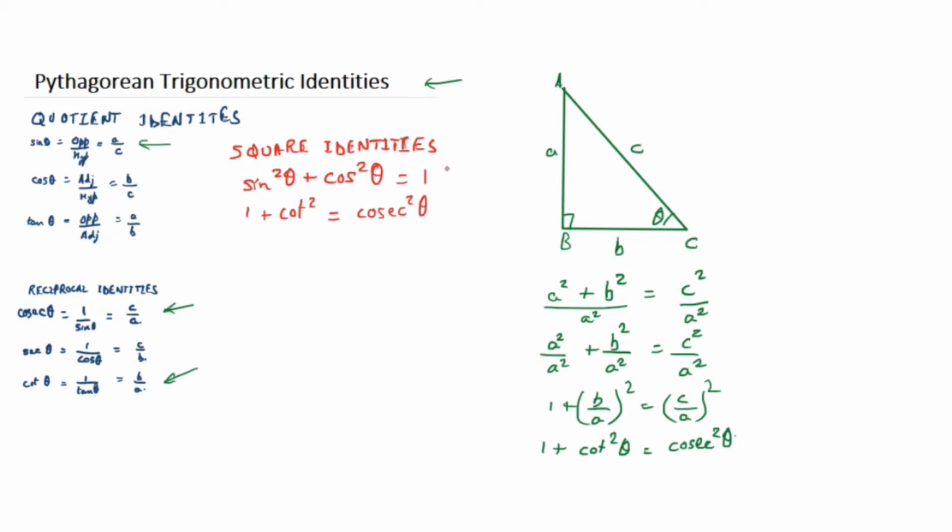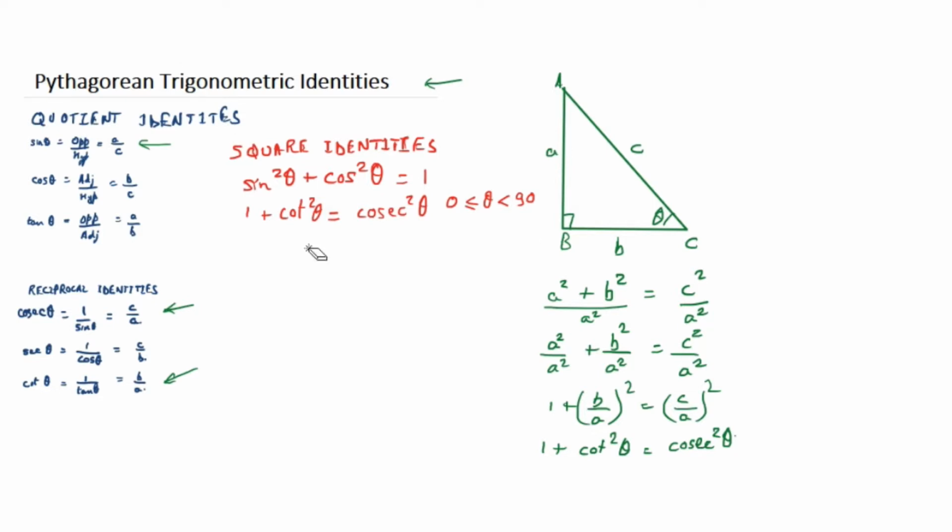cosecant square theta. If we remember the video about the trigonometric ratios that we calculated, we saw that cot theta and cosecant theta are not defined for 90-degree angles. That means that if the angle theta is 90 degrees, both cosecant theta and cot theta are going to be undefined. So that's why instead of taking all angles up to 90 degrees, I can exclude 90 degrees from this. So I can just say that 0 is less than or equal to theta, which is less than 90. They are defined for the 0 angle, so I'll take them as 0, but exclude 90 from this.